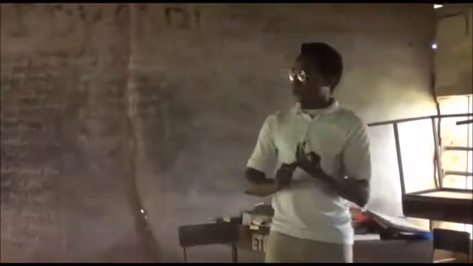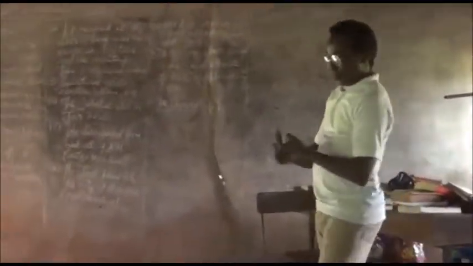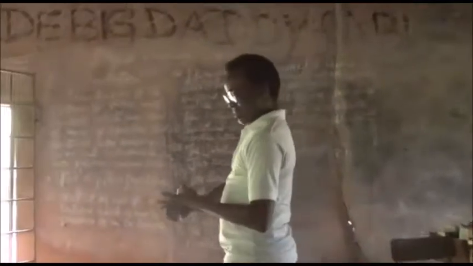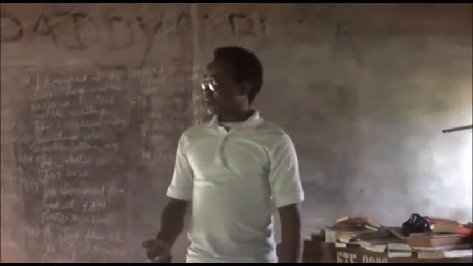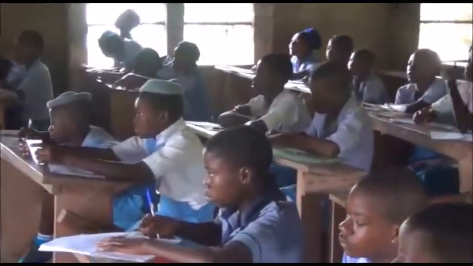So today in our class, we need to know about how to use a full stop, a comma, a semicolon, a question mark, an apostrophe. Those are the ones that you cannot write without. So you see that we also observe the rules of capitalization in the sentences that we make here.